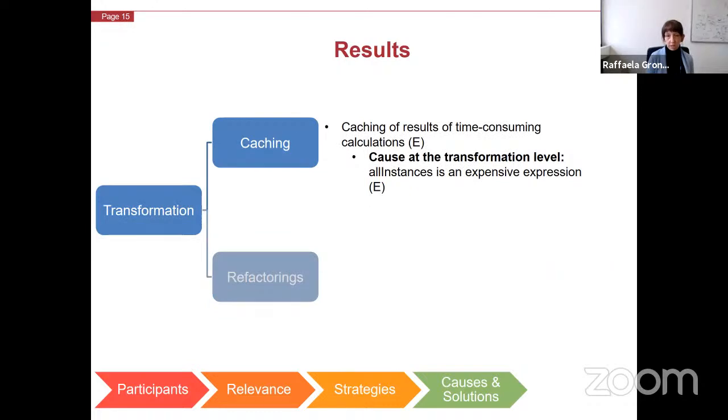Some transformation languages offer the concept of caching, which can be used to cache the results of very time-consuming calculations. And this can resolve performance issues caused by very expensive expressions, like the OCL expression allInstances. Here, one ATL user reported in the interview that he often sees ATL transformations where this concept of caching is not optimally used. And if you face any performance issues, you have to manually extract the parts you want to cache, and therefore update your script again manually to improve the performance.